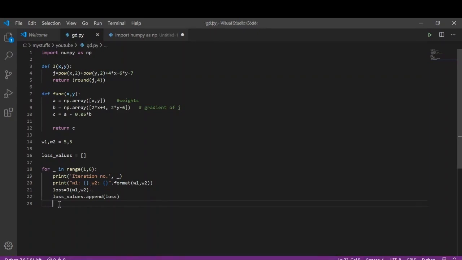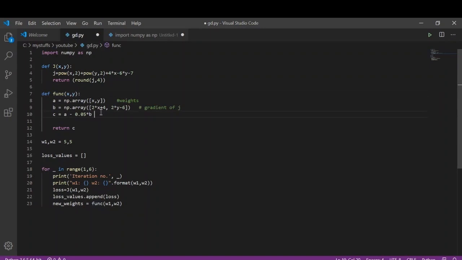Finally, we'll calculate our new weights. So we'll pass the two weights W1 and W2 to this function which we defined, which will calculate our new weights with the gradient descent formula.